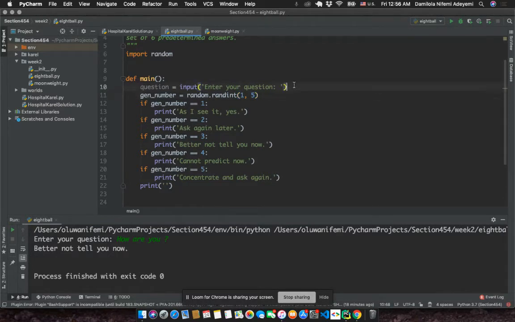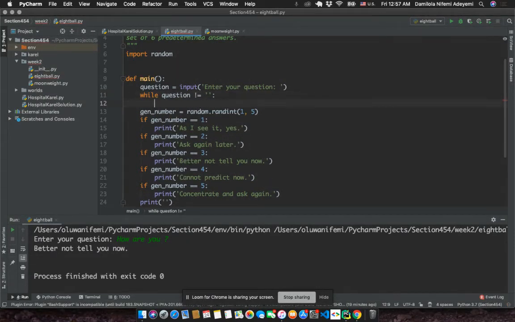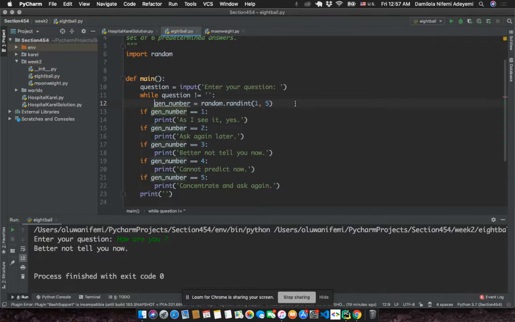Once we enter the first question, what we want to do is: while question is not equal to empty, we check the question variable. If you haven't provided an empty question, you want to run all this